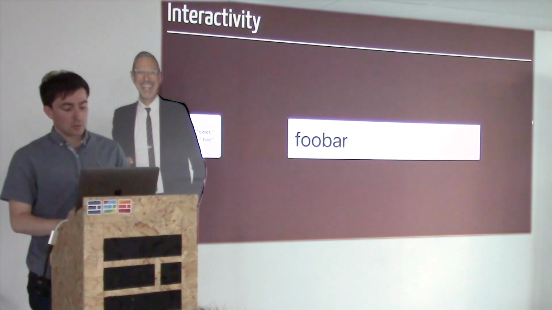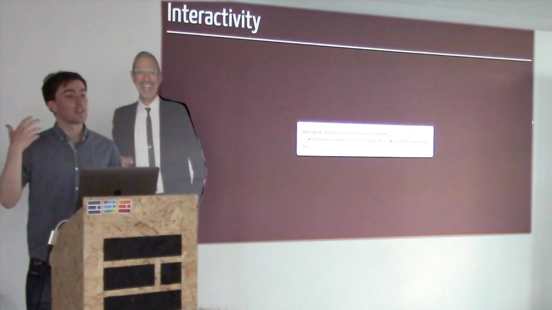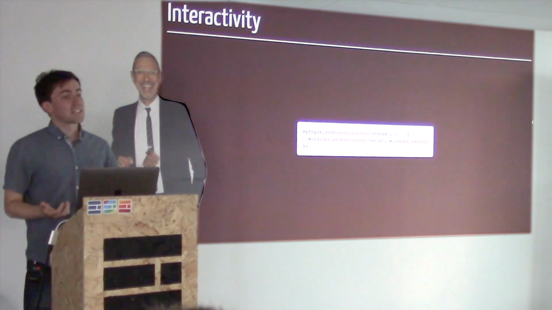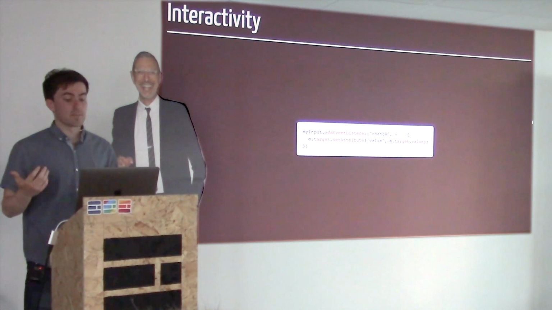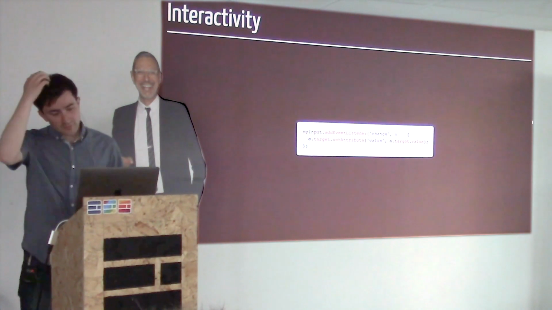So what we can do is use some JavaScript to sync these things up. So we can say, whenever the input changes, grab its dynamic value and set the attribute value to be what the dynamic value is. So it's going to keep those two things in sync. But I said at the start of this talk that I wasn't going to use any JavaScript. And